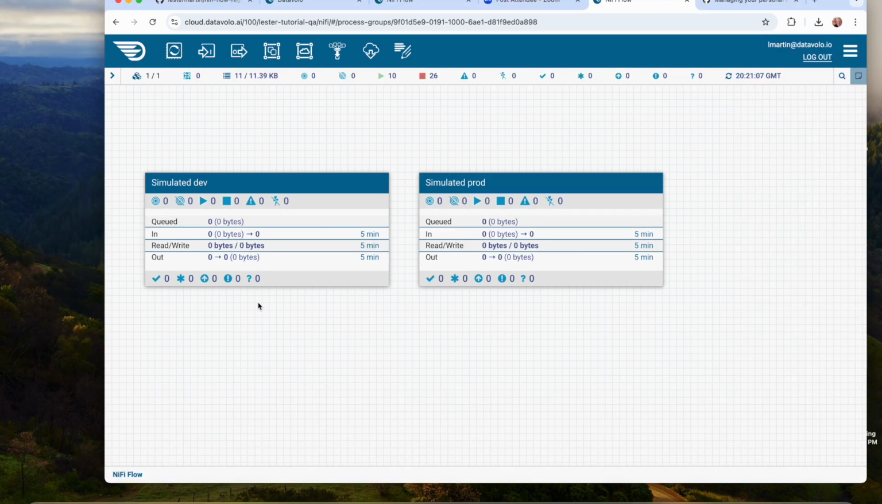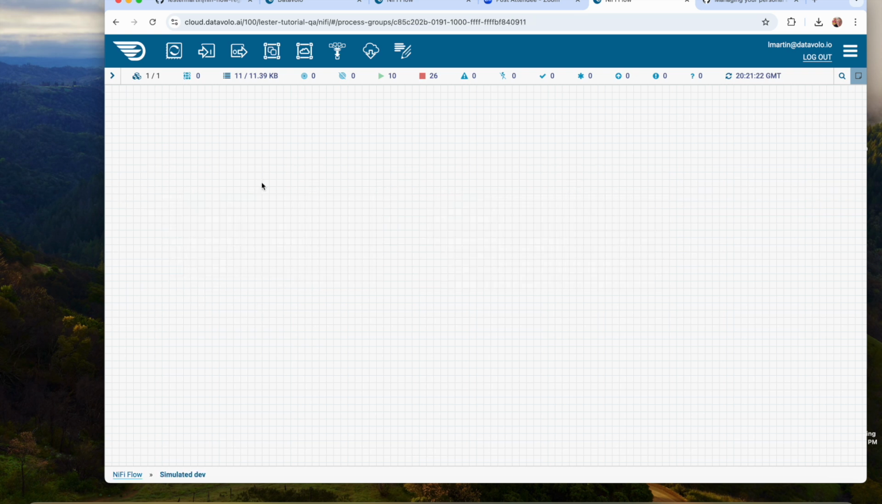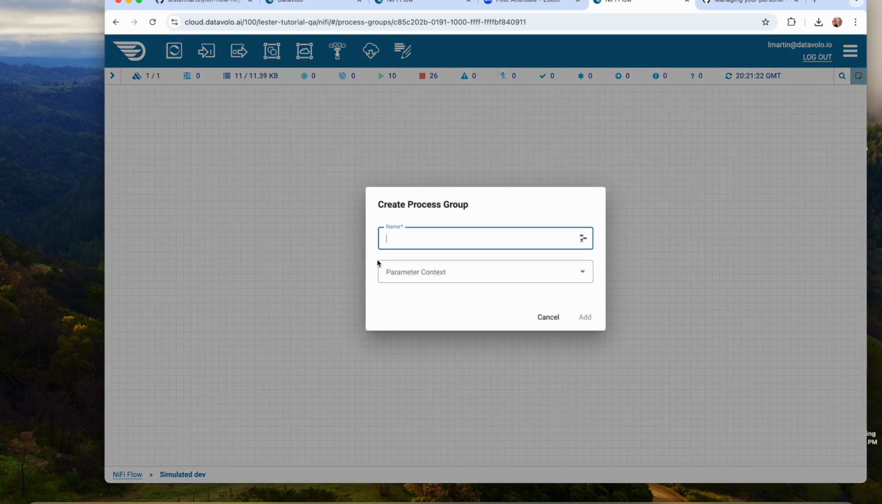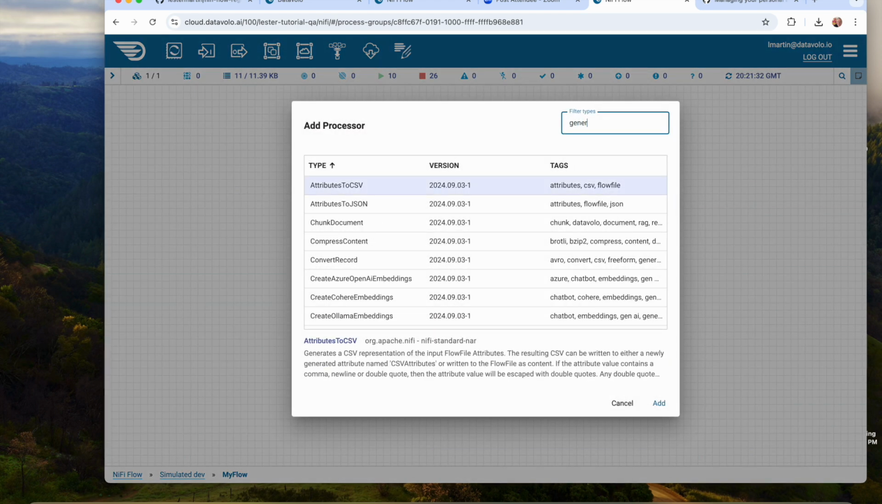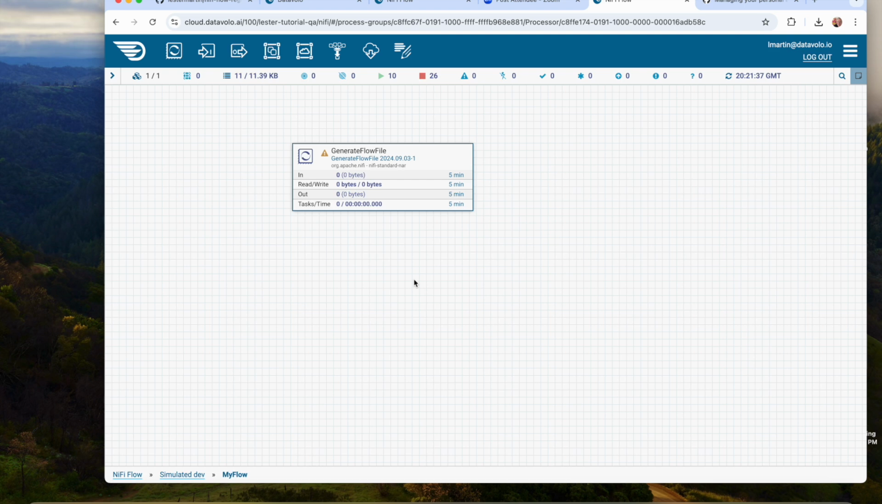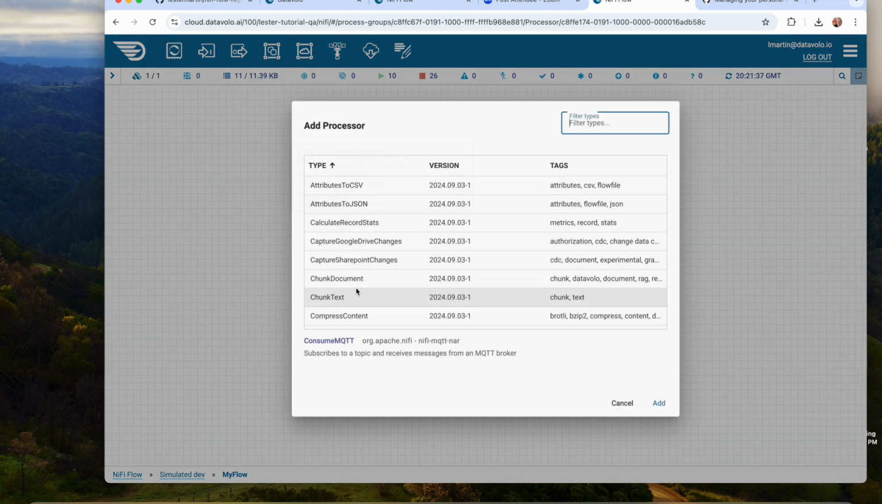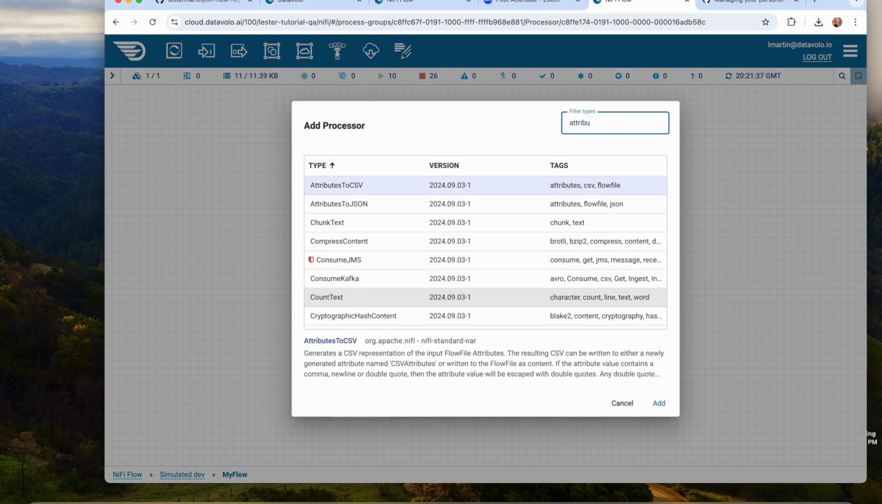So let's create our first flow and put it under version control. I'm going to drill into my simulated dev environment, and then we're going to version things at a process group level. So I'm going to create a process group. I'll just call it my flow, nothing special there. And then inside of my flow, I'm just going to add a processor, generate flow file. We're just going to create a little, simple flow here. It doesn't really do much, but update attribute,